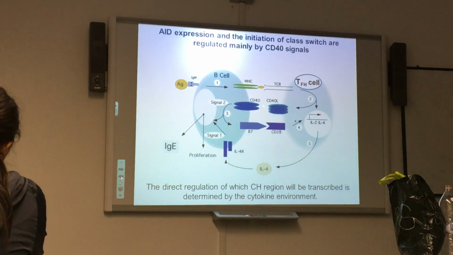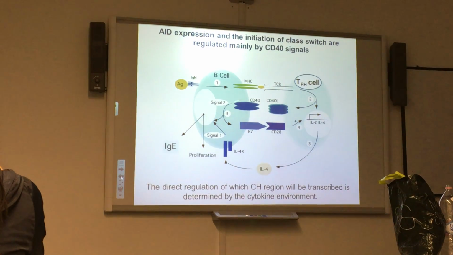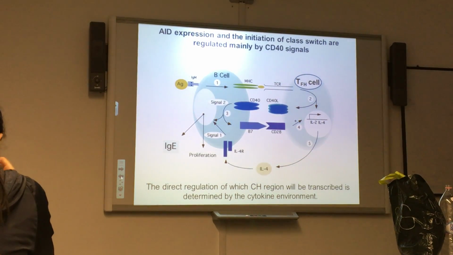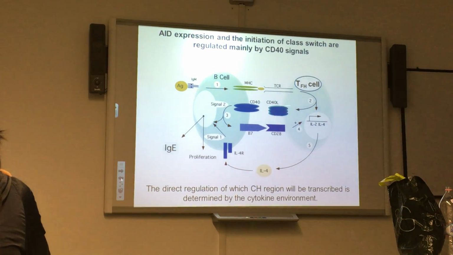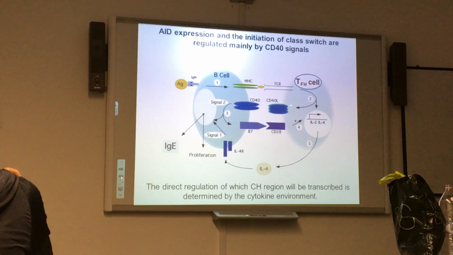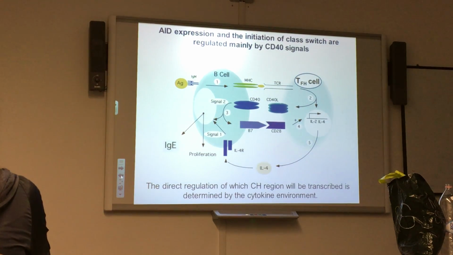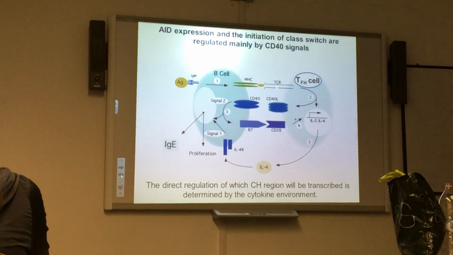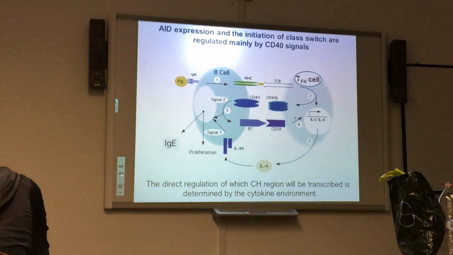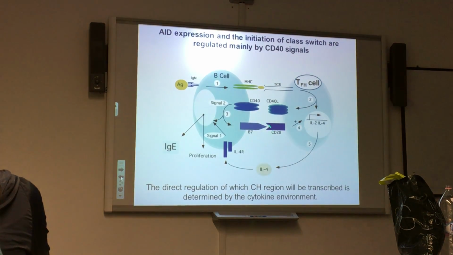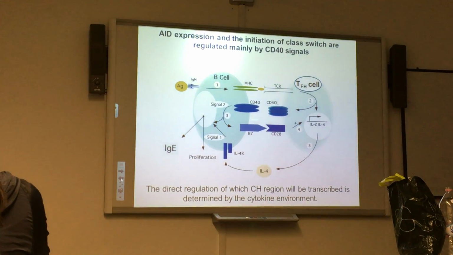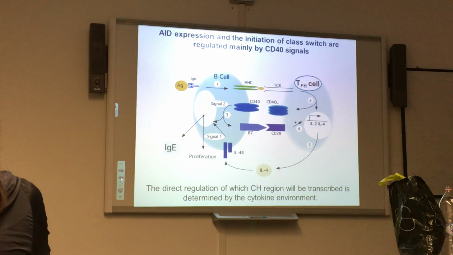So CD40 is constitutive on the surface of B cells, but CD40 ligand in the membrane of T cells will enhance the first signal, and this co-stimulation helps B cells enhance the expression on their surface of this co-stimulatory molecule,